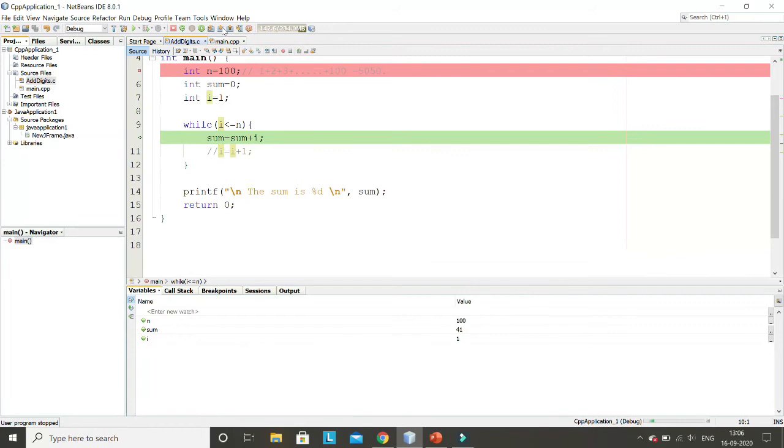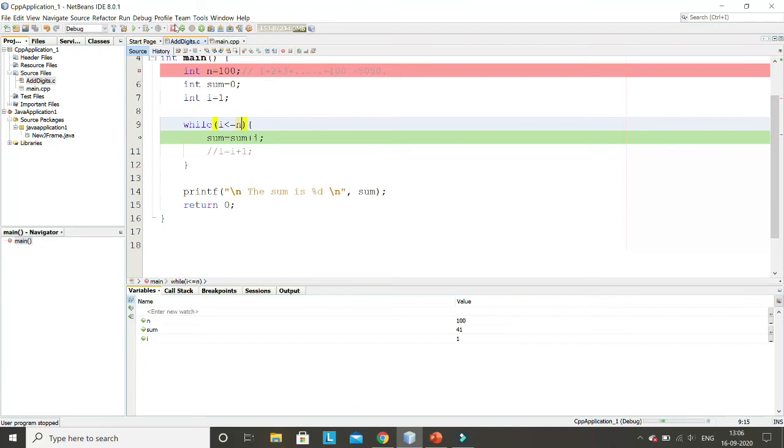So why am I explaining this? Because at initial stage when you write your program, you may make this type of mistake. What is the mistake here? That your loop is an infinite loop. This loop will never end. So you have to take care that whenever you are writing a while loop or any other looping statement, always check that your terminating condition is proper or not. In this case, it is not, it will not terminate.